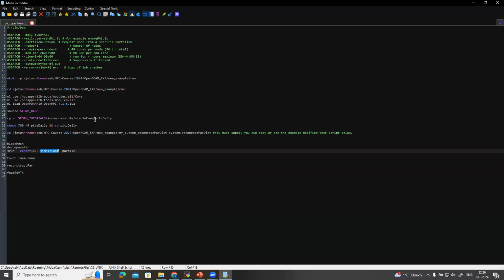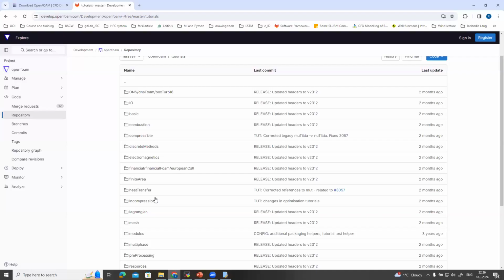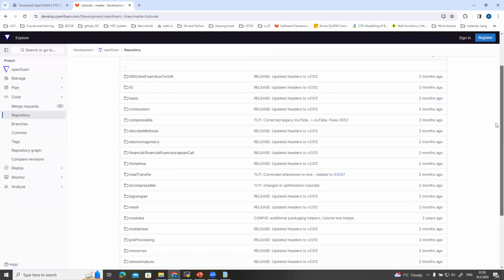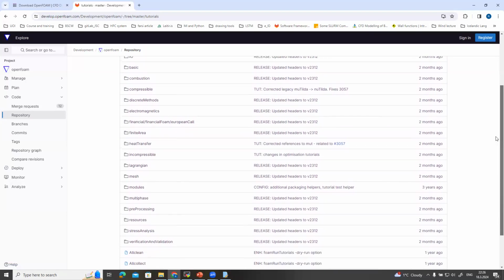To make that, there are two options. If you have OpenFOAM in your system, it has a tutorial and you can find the directory for the case. And if not, you can Google the GitHub and you find this repository for OpenFOAM. As you can see, the name of each directory is based off its